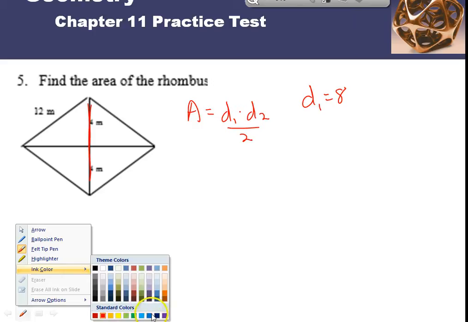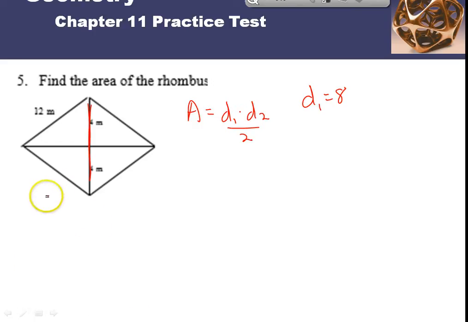And let's change colors. Which one is dark blue? So I don't know how long this diagonal is right here. So this diagonal right here, don't know how long it is. So I have to do the Pythagorean theorem. So I'm going to let this be x, and this is a right angle, which is why I can do the Pythagorean theorem, and I'm going to say x squared plus 4 squared equals 12 squared, and I get x squared plus 16 equals 144,